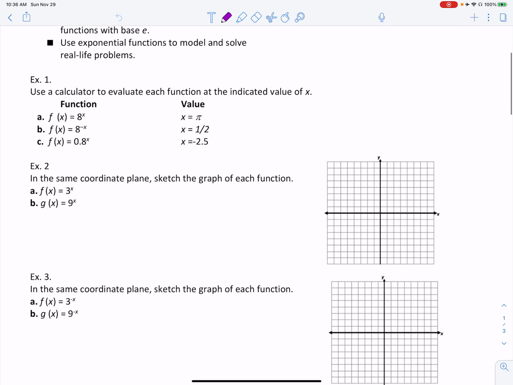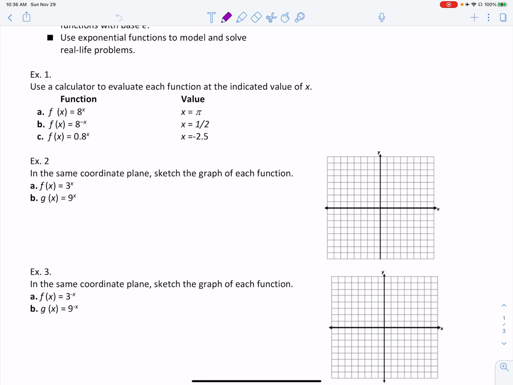Example 1: use a calculator to evaluate each function at the indicated value of x. I want you to go ahead and round to 3 decimal places. If you move on to AP Calculus, that is what they round all approximations to, unless otherwise specified: 3 decimal places. So in part A, we just want f of pi, which is 8 to the pi,